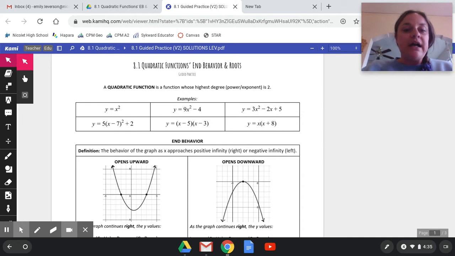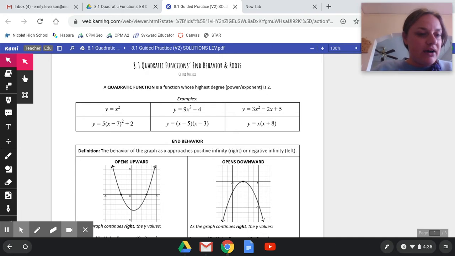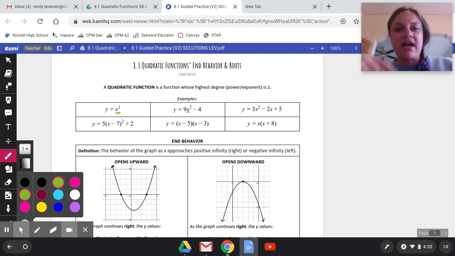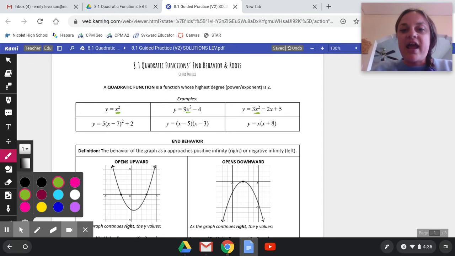Okay, so you can see here in our first example, you've just got x squared, straightforward, great. Now we've got 9x squared. So it's got a coefficient and we're adding and subtracting. In the next one, we've got x squared and we've got this 2x. Whenever you're talking about the degree, that exponent, you look for the highest one. So even though you've got that minus 2x, the x squared is the highest degree. That's the highest exponent. In our next example, we have this guy where you've got